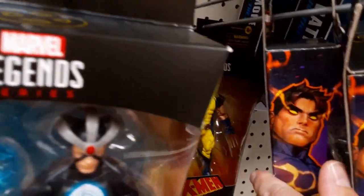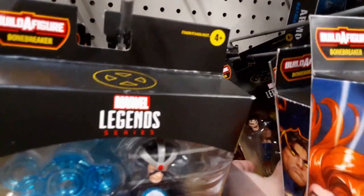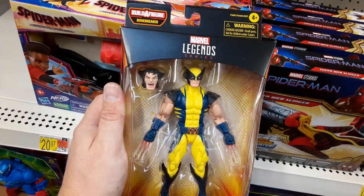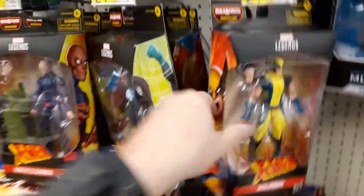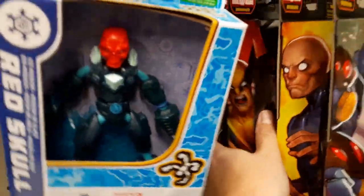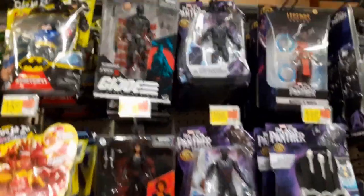And here's some Marvel Legends figures. And there's the Wolverine. I mean, these are cool figures. I just don't think they're as cool as the McFarlane figures. And it's the same price. I think they look kind of cartoony and animated. Yeah, there's a lot of detail there and good sculpting, but they're just not as quote-unquote realistic as McFarlane toys. And I think McFarlane has the edge over those Marvel Legends now, at the very least. And then the gimmick, they always got to have stuff in there, so you got to collect them all to put the big figure together. That gimmick, I haven't gotten into it yet. I'm not gonna,